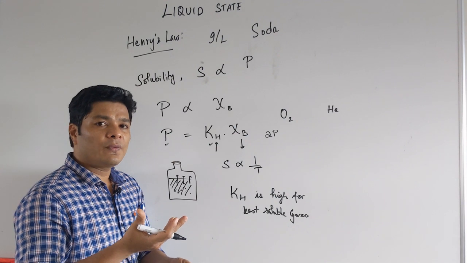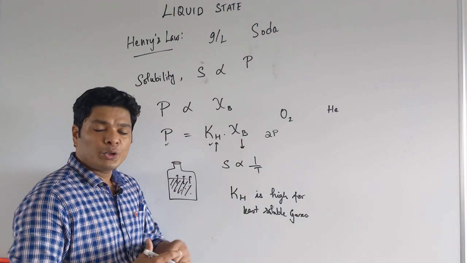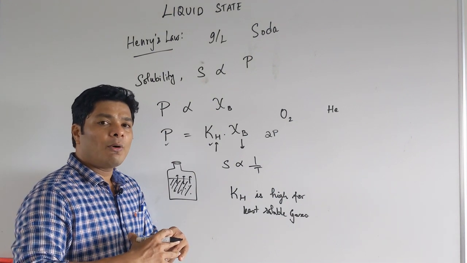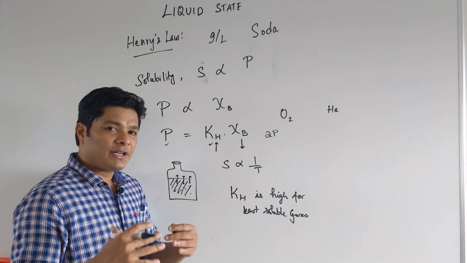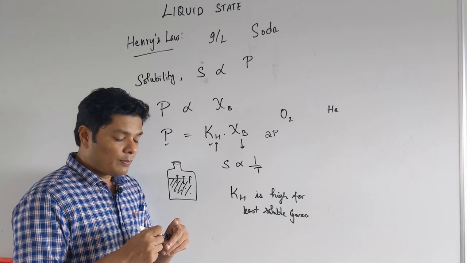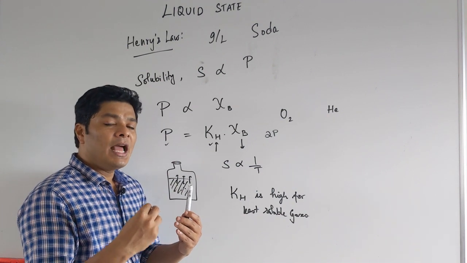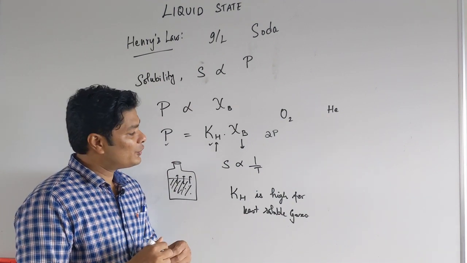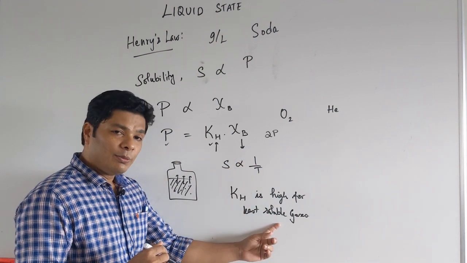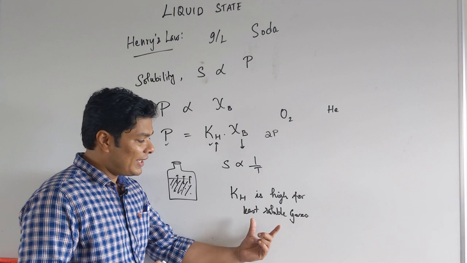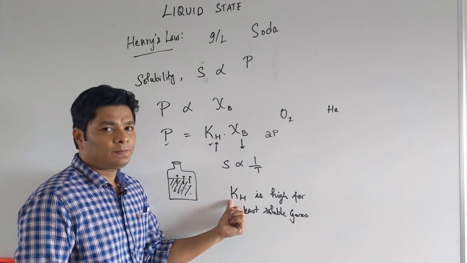But the problem is when you come out of the deep ocean to the surface, the pressure drops. If the pressure drops, solubility drops. So, the gases that are dissolved right now want to come out really fast, and they will burst the blood vessels. So, if you want to preserve your blood vessels, then what do you need to do? You want to initially make sure that the amount of gas dissolved is less. So, I always use a mixture of a gas that is less soluble. In chemistry, you can also say a gas that is less soluble has high KH.